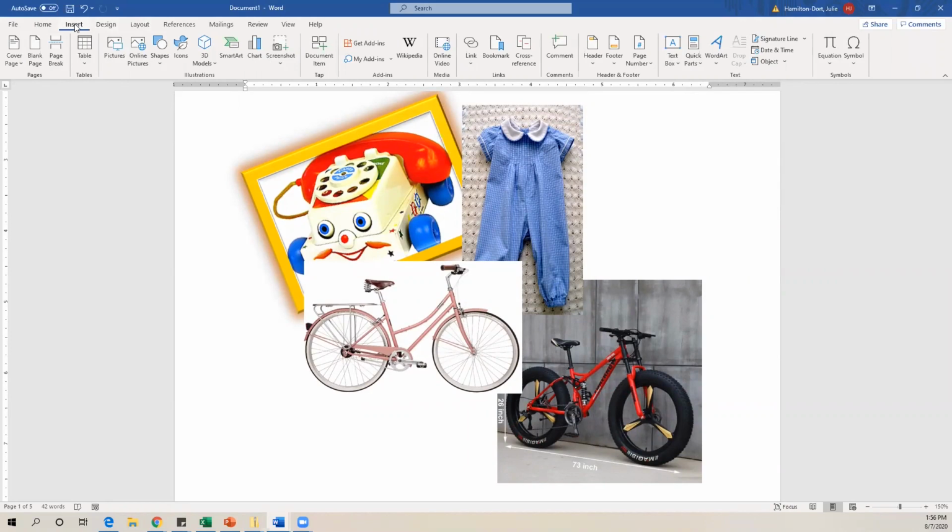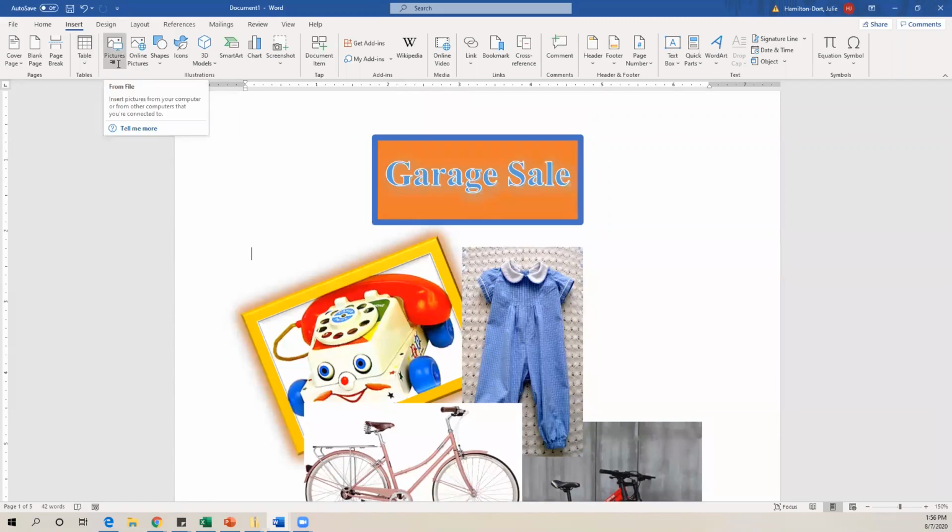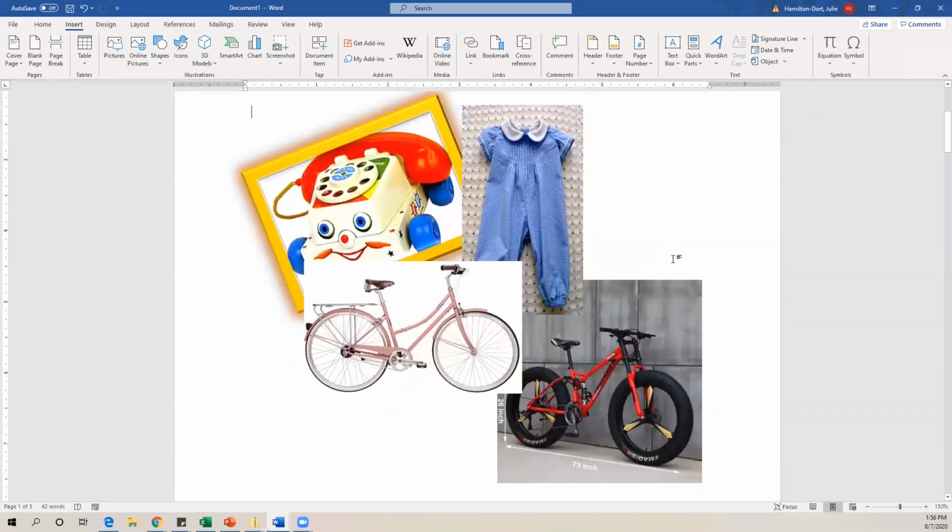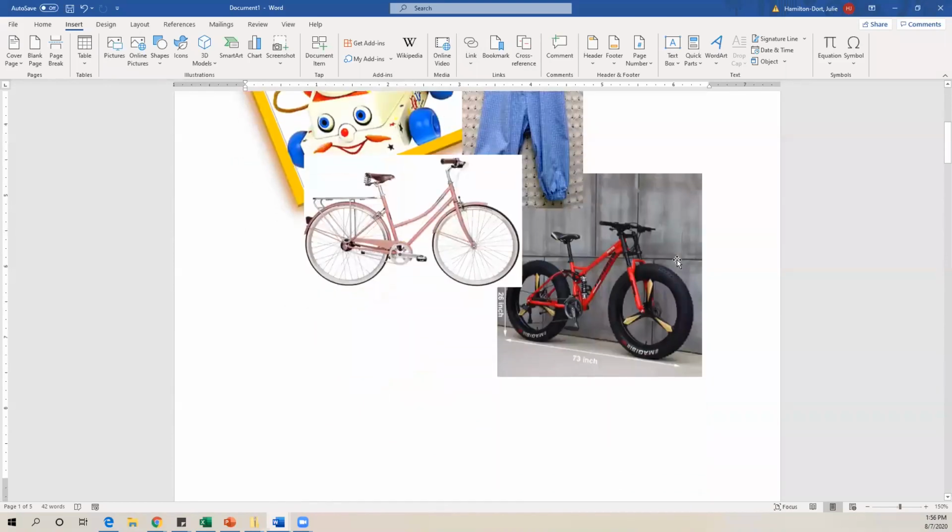Okay, let me go back over to insert again. Some other options that you have underneath the insert ribbon are maybe to insert a link. So if you're creating this and maybe you're mailing it out to someone, let's say that you have a website. So I'm going to go ahead and just place my cursor, and I'm going to type in www.dospace.org. And when I hit the space bar, note that it automatically turns this into a link as if we